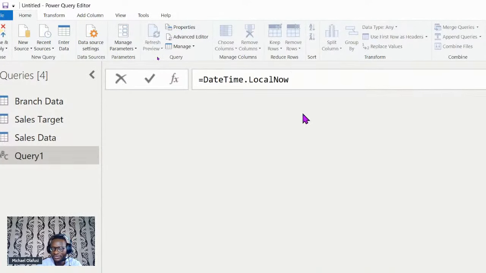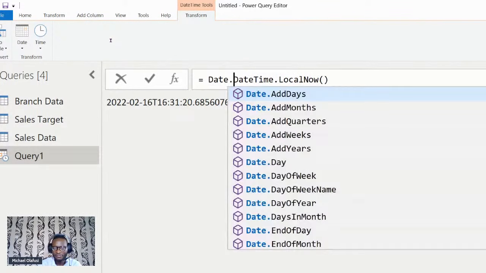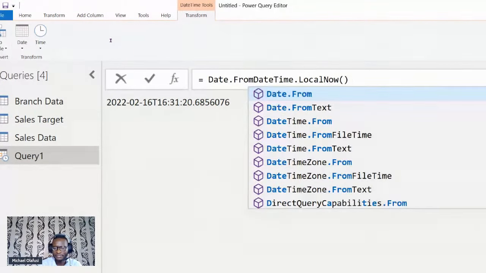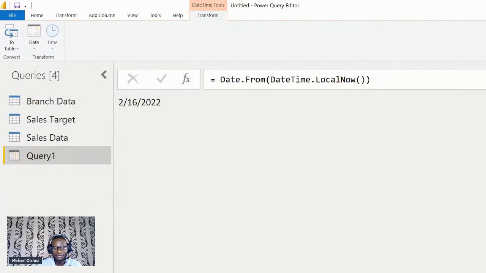What I want is DateTime.LocalNow, open bracket, close bracket. It's going to give me the date and time, but I need just the date, right? So I can say Date.From, and then I do that. I'm going to get the dates out of that. Because I need a date table, this is not a table, obviously, right?